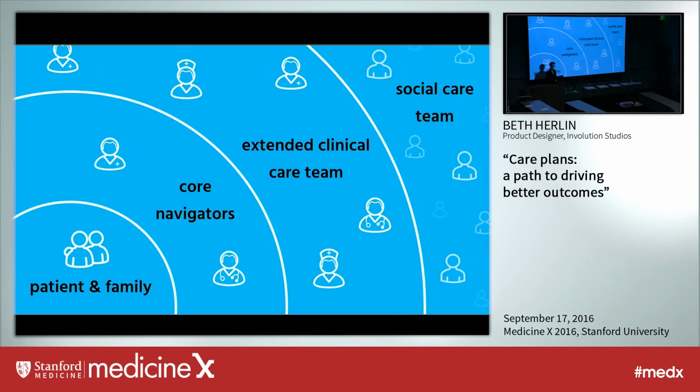If we visualize that care team across the whole spectrum, we can see the patients and their family, their core family, at the hub of this network. And then immediately surrounding them are the really frequently interacted with core care navigators. And this could be a low-level professional, it could be their PCP. And then immediately outside of that is the extended clinical team. So the specialists, the therapists, maybe even the gym assistants, people that are helping them with their everyday health. And then even outside of that is the social care team. So this could be extended friends and family, or it could be online patient communities as well.